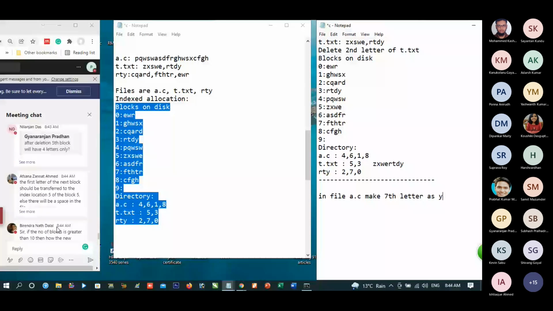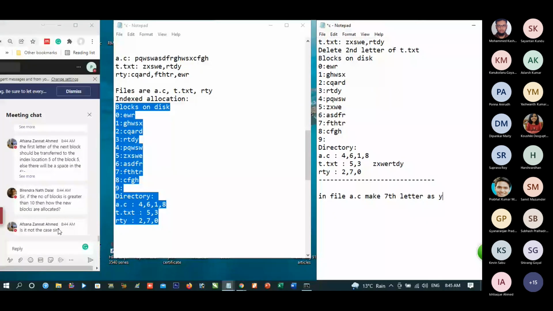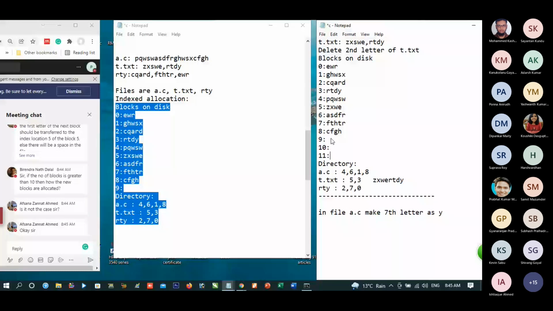For the time being, we are not doing this transfer, because the transfer will take a huge amount of time. If we do shifting this way, the first letter of the next block will be transferred, then the first letter of that next block should also be transferred to its next block, and in this way there will be a huge chain. We don't want to do so much shifting. We want to do shifting only within one block. We are not assuming 10 blocks; we are assuming that there are more than 10 blocks. For convenience, I took 10 blocks.